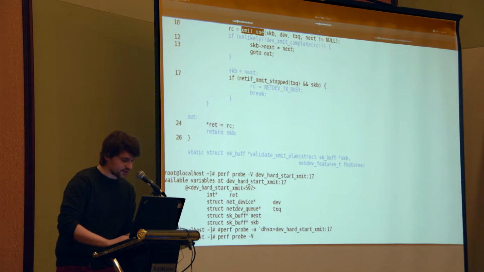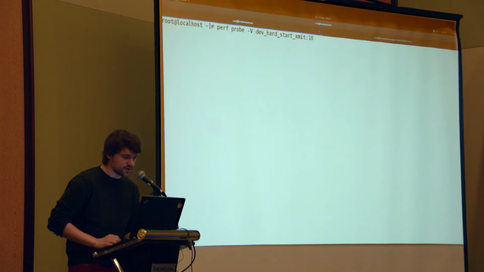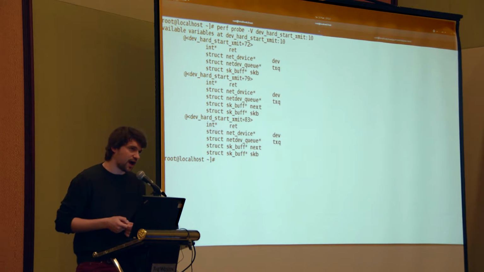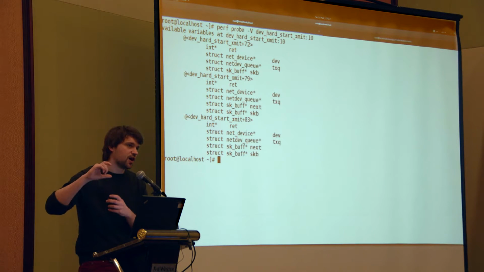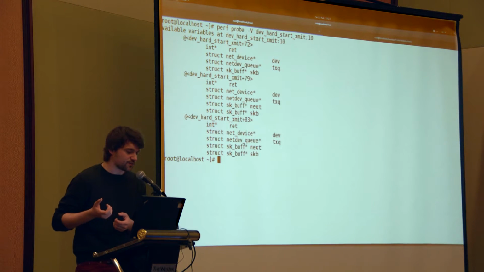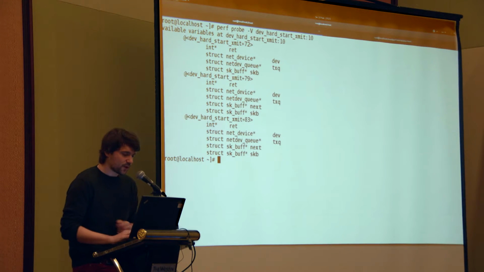I don't know if it works right now, so we can try. We can just perf probe on line 10, and here you have the effect. xmit1 is a static inline function, and it now shows you at which locations in the source code this function actually gets expanded. And the problem is basically that